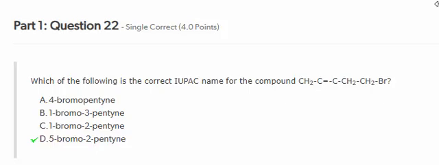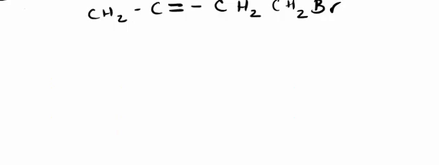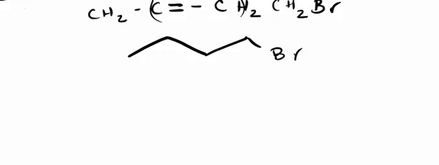Number 22, which of the following is the correct IUPAC name for this compound? Again, I think it's easier if we draw it because this is awkward with the equals and then this dash. So this is how it was presented, and it's awkward, but it is what it is. So I'm going to draw bendy first, 1, 2, 3, 4 carbons. So I need a butane, and my bromine is hanging off of here. Now it shows a triple bond between these 2 carbons here. So it's very